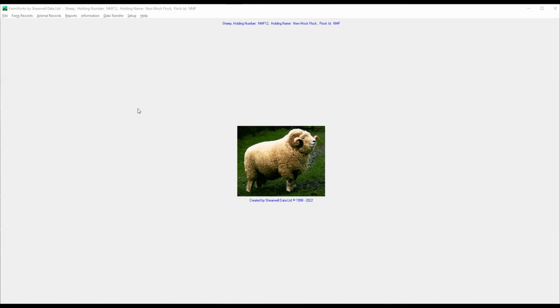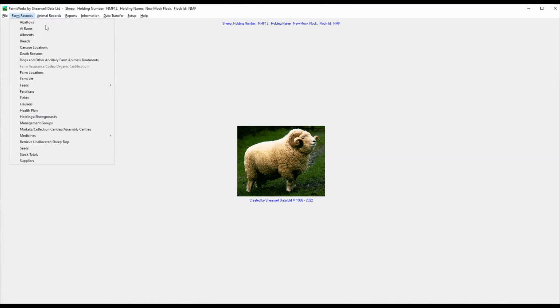Okay. Ronald, there's a question that came through. It said, when adding animals via the computer and you purchase a purebred, where do you add the pedigrees of the stock? Okay, so the pedigree can be added if you go to purchase animal,